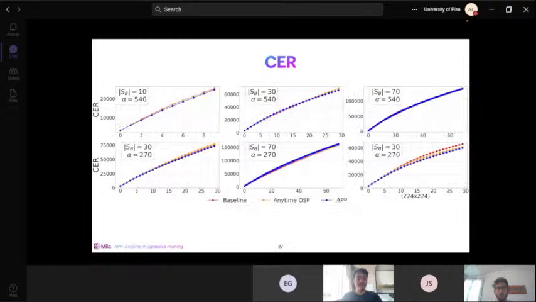This plot might be a bit hard to interpret because we are jamming a lot of points together, but it is basically the same setting that we had earlier. Now we are just showing it for the restricted ImageNet results that I showed you in the table, how the CER progresses. Even though it is not clearly visible, you can see that for the rightmost plot at the bottom and the two leftmost plots, the blue line is consistently lower compared to the yellow and the red line, which denote baseline and OSP.